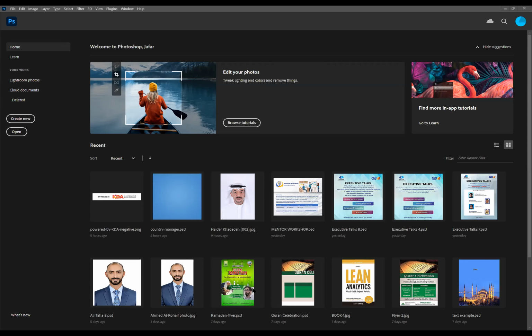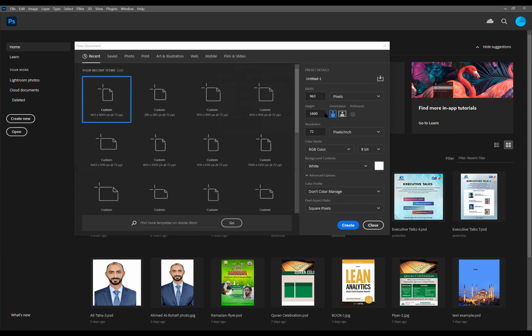So today also, what we're going to do is design one flyer, and we will see some of the standard approaches we can follow while designing a flyer. To begin with, you press Control N to create a new file, and then you select values.